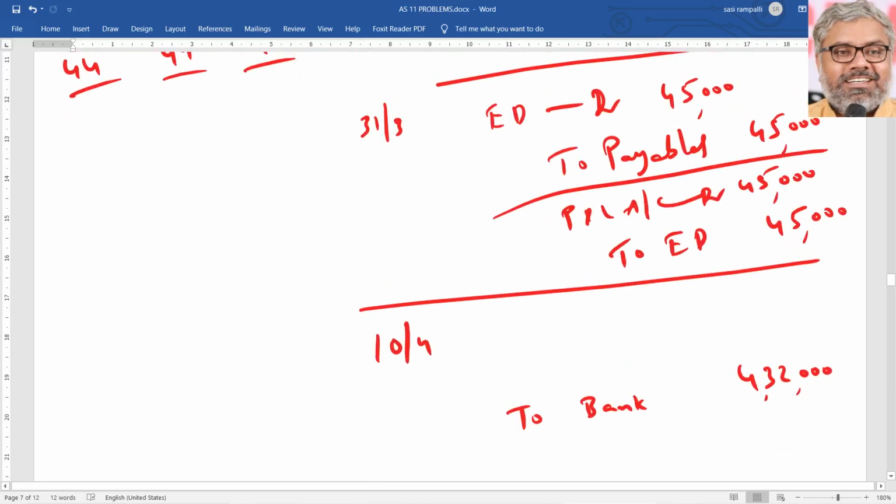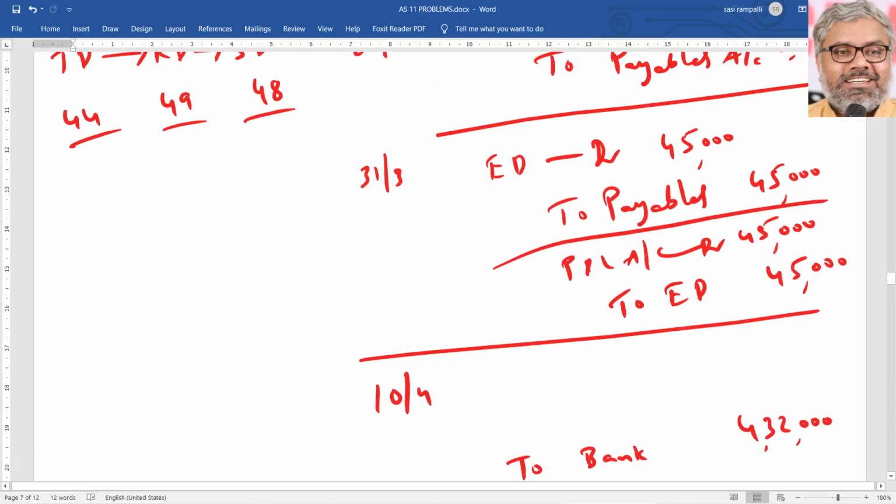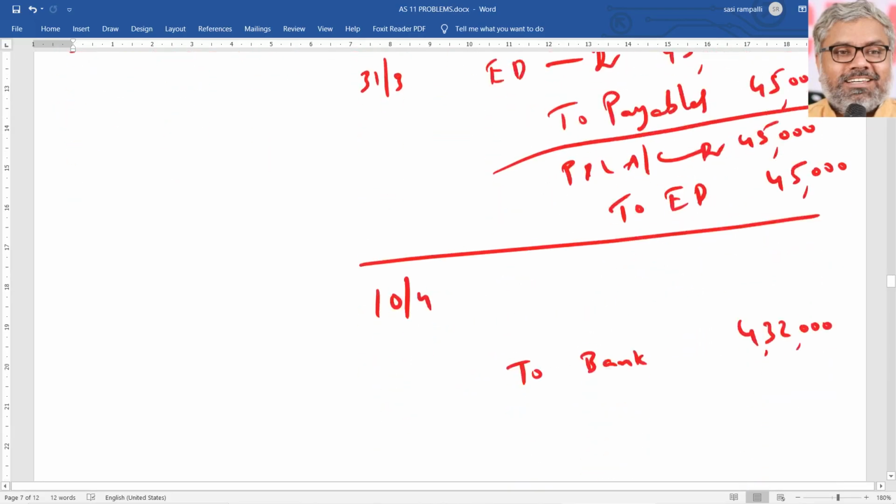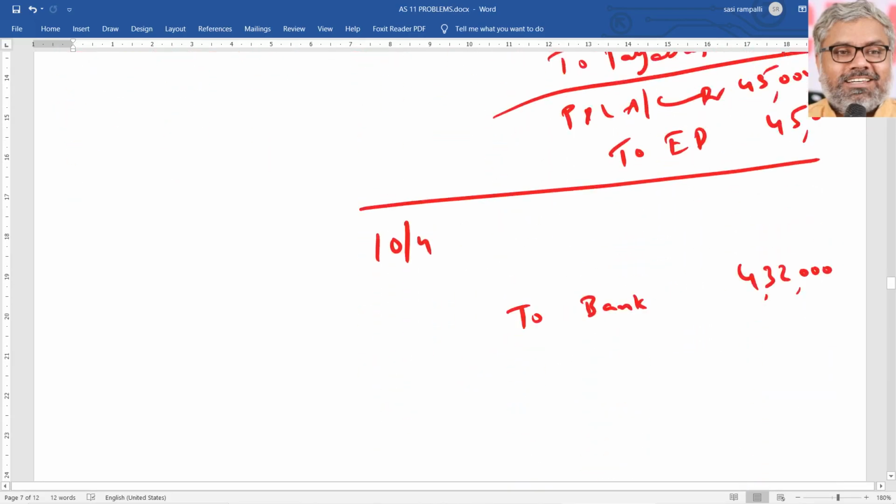But the question is, are our payables that much? In the books they are more. Look at that. Originally we have created the payables 3,96,000. Then we have created the payables 45,000. That means 4,41,000 is our payables. So can that be? No. That is why payables has to be reduced now. How can payables be reduced? So let us say